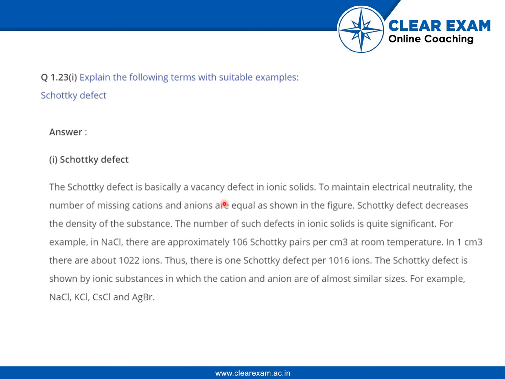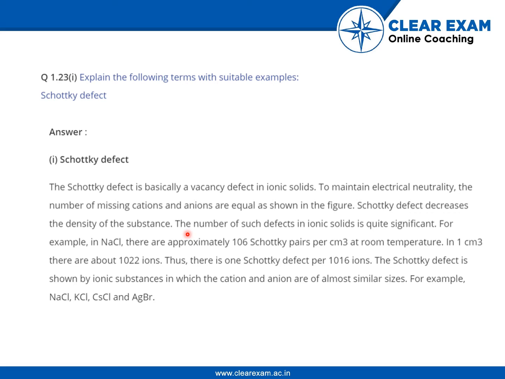Schottky defect decreases the density of the substance. The number of such defects in ionic solids is quite significant. So, what does the Schottky defect mean? It means that in an ionic solid, there are many cations and anions present. So, suppose X amount of cations leave the ionic solid and move away. So, if X amount of cations move, then